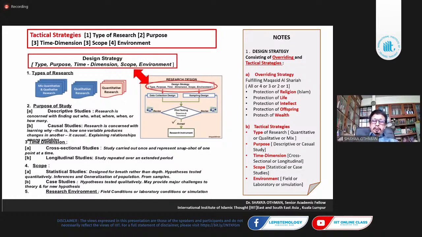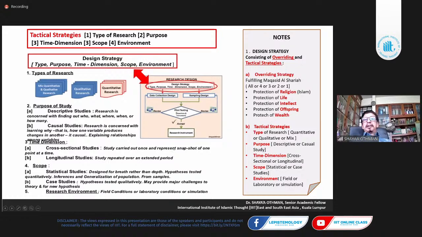There should not be any protection of offspring, which means there shouldn't be any free sex, all this other element, homosexuality, lesbian, and so on, yeah? And also wealth resources, for example, relating to corruption, protection of wealth, recycling of product, recycling of renewable resources, and so many other areas in this case.